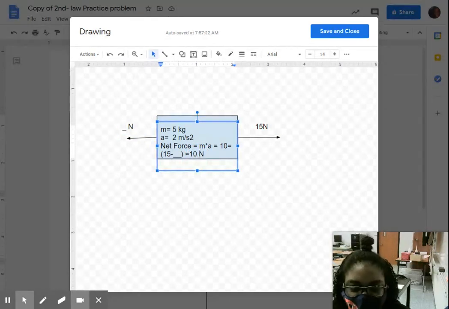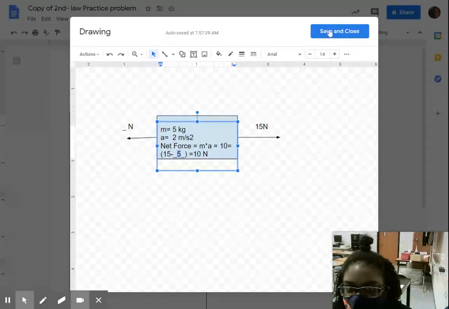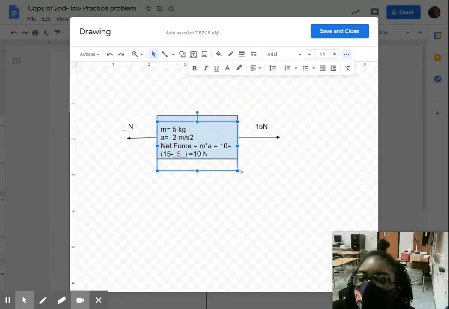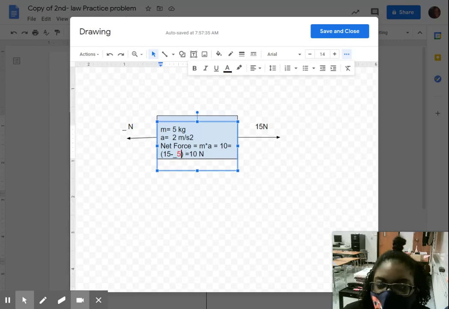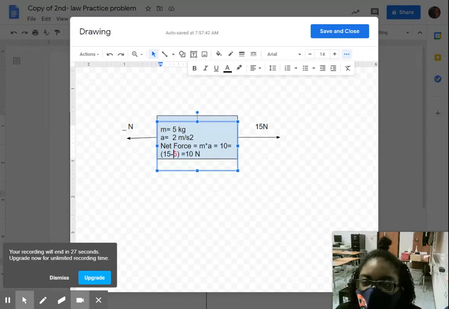Well, what number is that? 5. Okay, so that means Sam's force is 5. I want to mark this red. So 15 minus 5 is going to give us that 10 net force